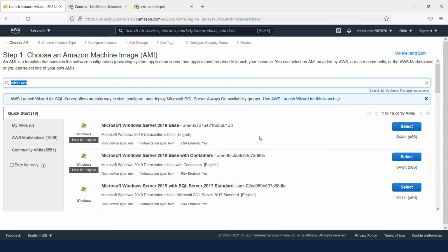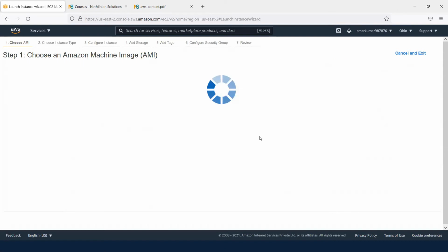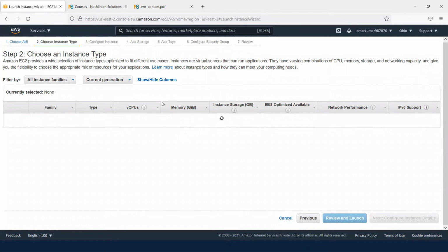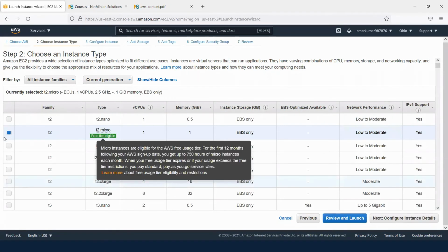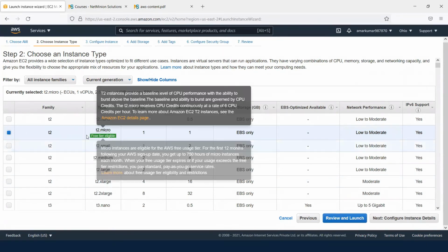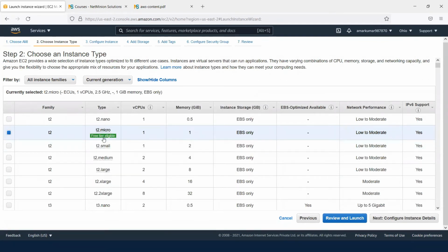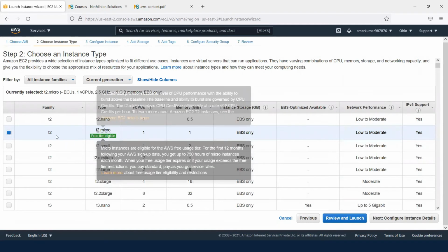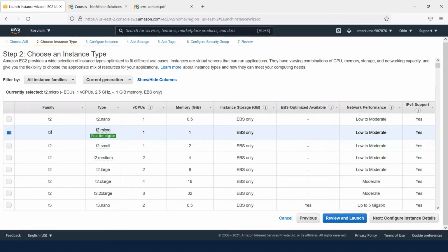When you select it, after some time it is going to show you the memory, etc. These are the machine types we have. You can see for different machine types there are different capacities. The free tier eligible one is T2 micro. T2 micro comes from which family? The T2 family.